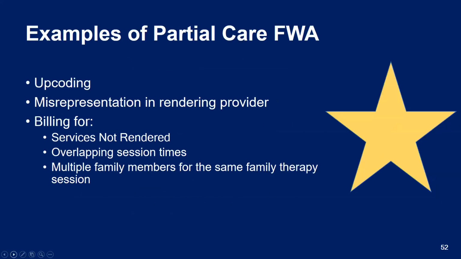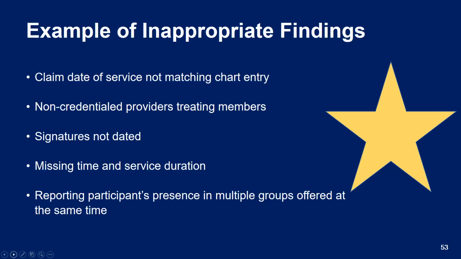Thank you, Mike. So some of the examples of partial care fraud, waste, and abuse might include upcoding, misrepresentation in rendering provider, and billing for services not rendered, overlapping session times, or multiple family members for the same family therapy session. Some of the examples of inappropriate findings include, but are not limited to, claim date of service not matching